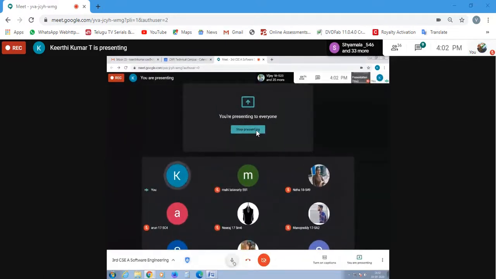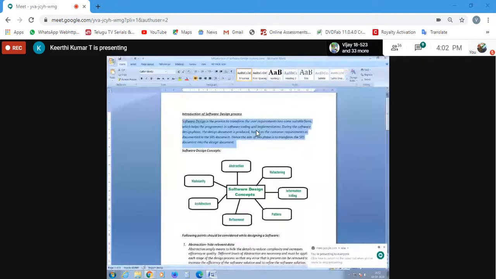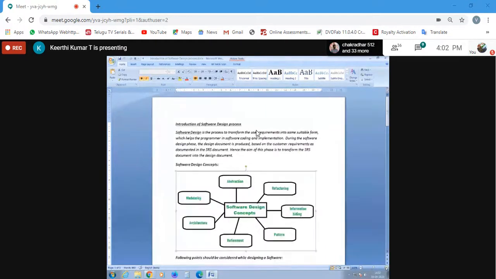Does anybody have any doubts, guys? No, sir. Okay. So what I want you students to do is just note this part and draw this diagram, and then you guys are good to leave. Once you're done, let me know. I think it's clearly visible, right? Yes, sir. A little bit of zoom increase. Yes, sir. Good now. Yes, sir. Okay.